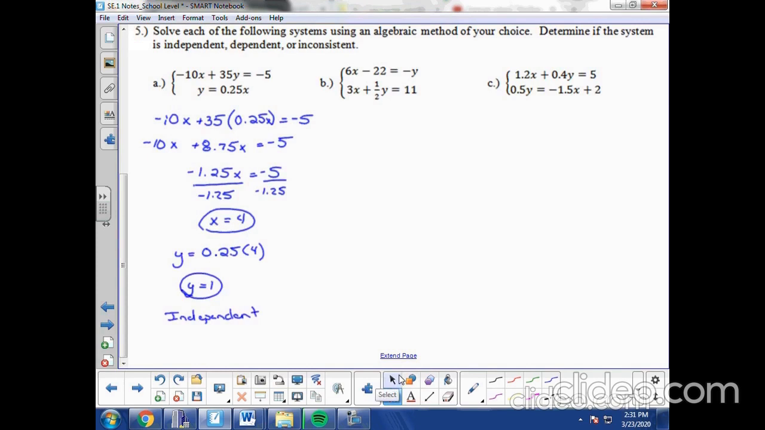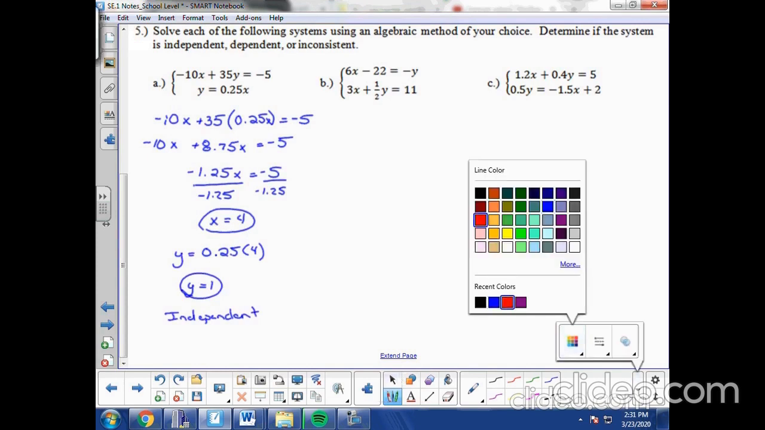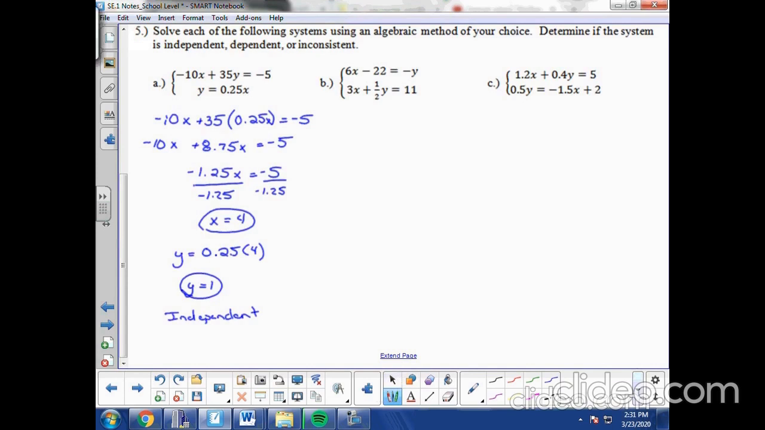Now let's take a look at b. I'm going to solve b using substitution as well, because this one is not much more difficult here. The only thing I need to do in this first equation to substitute is divide by negative 1. So that would give me negative 6x plus 22 equals y. So if I'm going to substitute, I'm going to take this expression for y and put it into the second